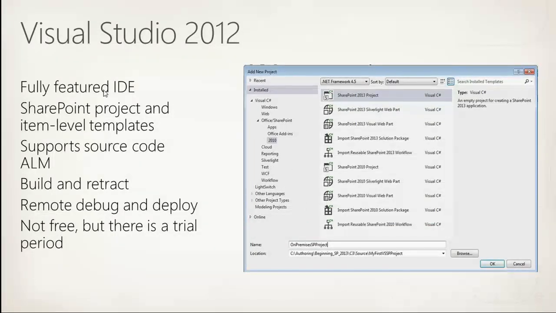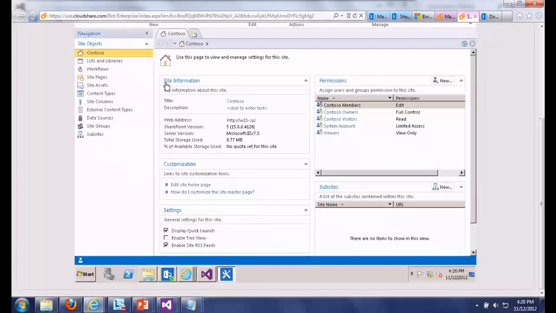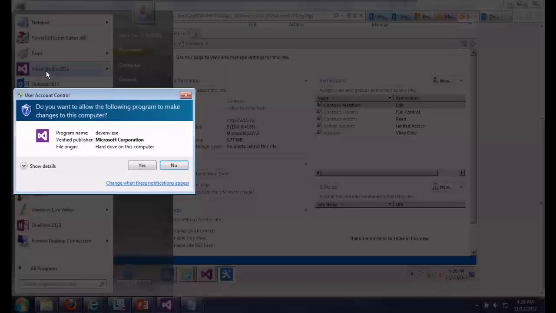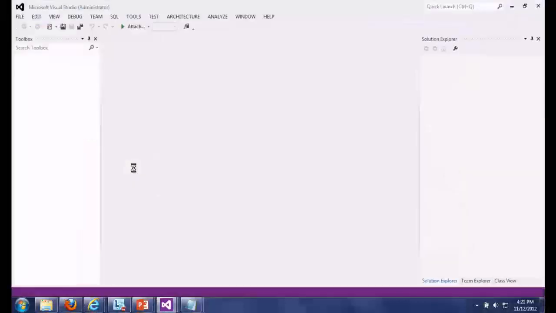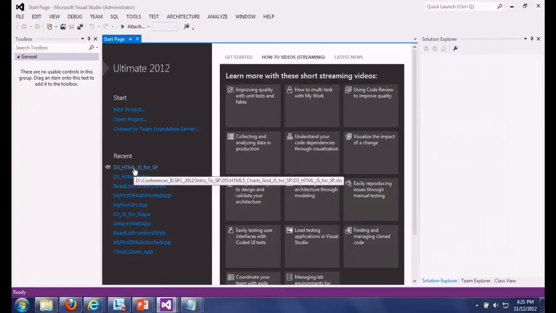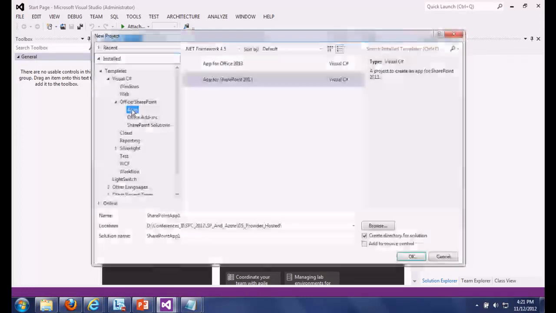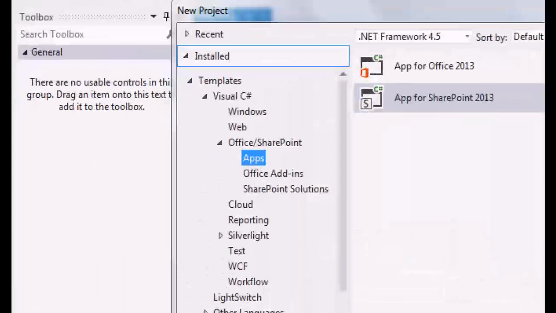So let's jump over and actually take a look, okay? So a couple things. Let's open up Visual Studio. Hopefully, many of you have newed up a project. Roughly half of you put your hand up when I asked about Visual Studio. That means 50% of you don't use Visual Studio, okay? So this is Visual Studio 2012 Ultimate version. Here you can see you've got a number of different project templates that you can use.